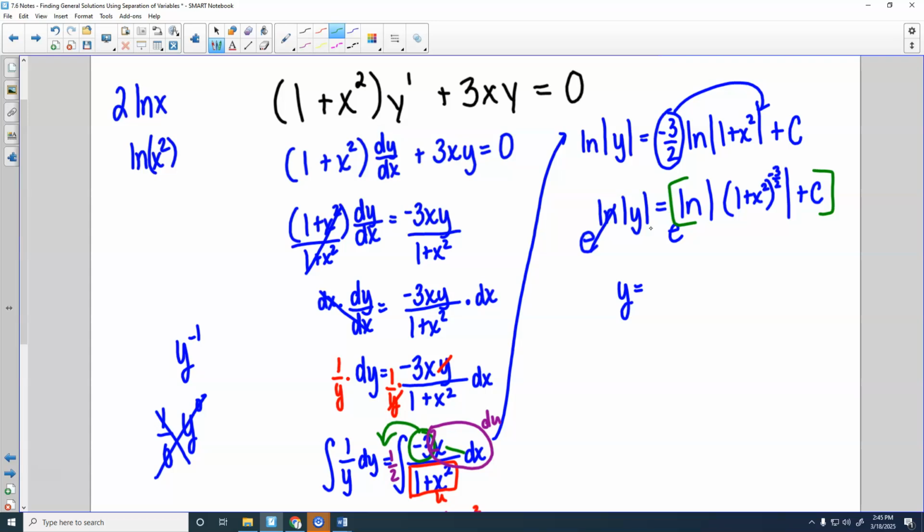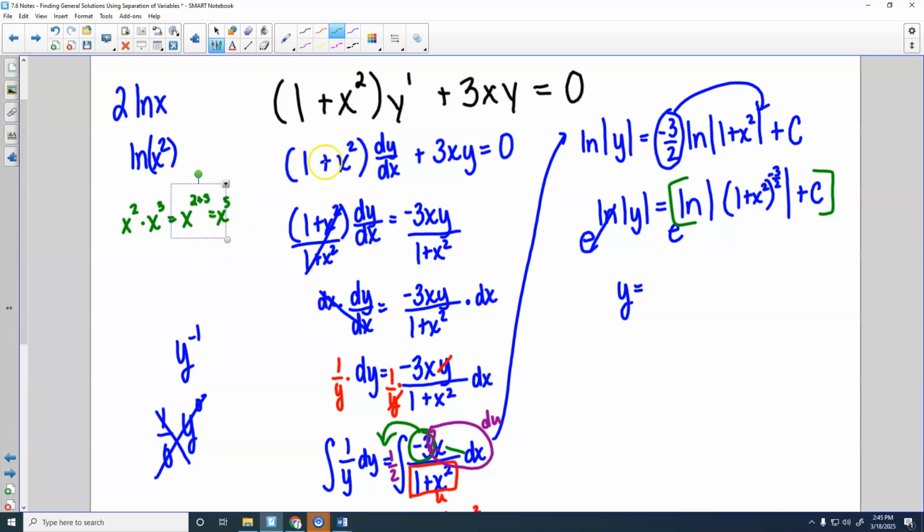But we can use some exponent properties here. If I have x to the second times x to the third, what do I do to my exponents to combine those together? I add them together. I would have x to the 2 plus 3, which would be x to the 5th,